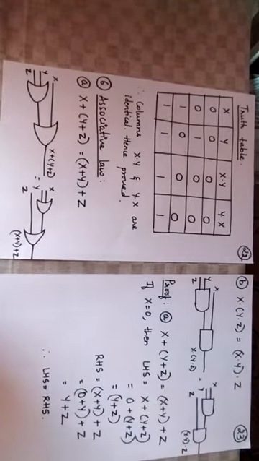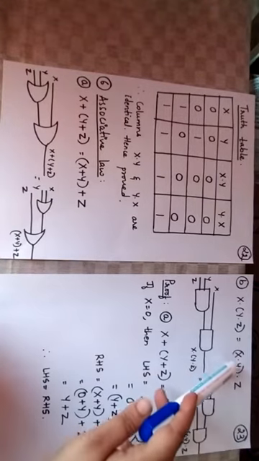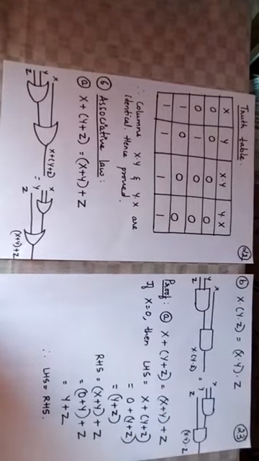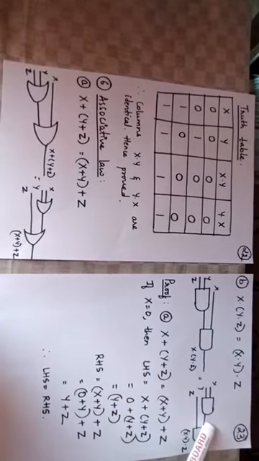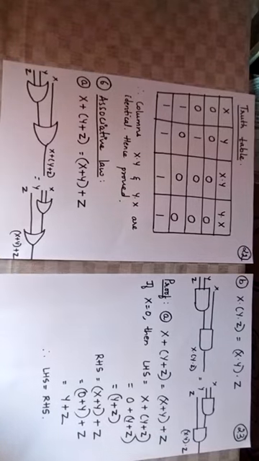X dot y is under parenthesis, so I am going to take a separate AND gate for it with inputs x, y, which results in x dot y. Then I have another AND operation to be performed, where x dot y becomes one input and z becomes another input. So I take another AND gate here, providing x dot y as one input and z as the other, which results in x dot y dot z, where x and y are taken under parenthesis. Okay. Now we will apply proof by perfect induction to prove this associative law.